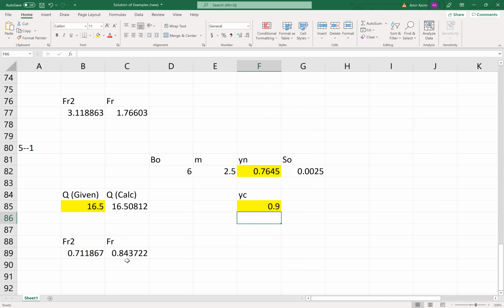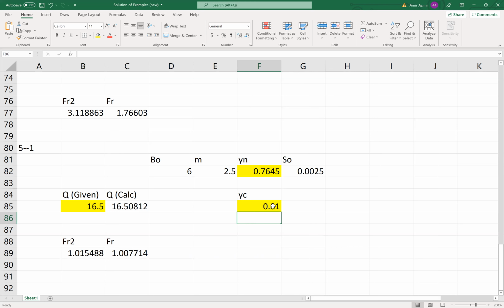I need to reduce it, 0.8, 0.79, 0.81. So 0.81 pretty much gives you a Froude number